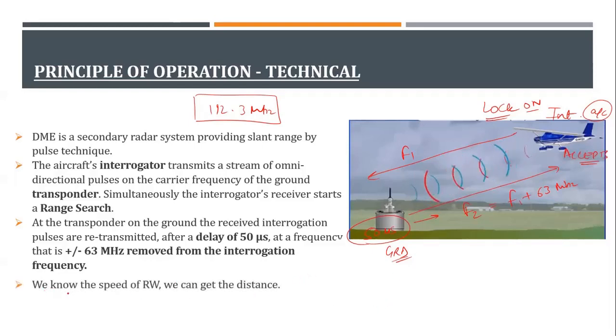Okay, that's it. We know the speed of it. So how can you calculate this? The basic principle of radar. What is the radar principle? I know the speed. Speed is 3 into 10 to the power 8 meters per second. Time I can calculate from this particular diagram. Once I get the time, I'll get the distance. I have the speed, I have the time, I will get the distance. 6th class kinematics.